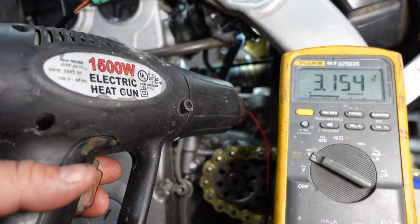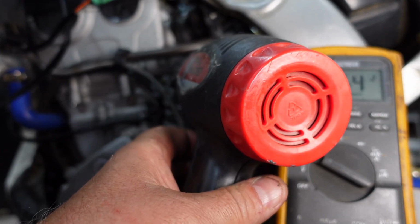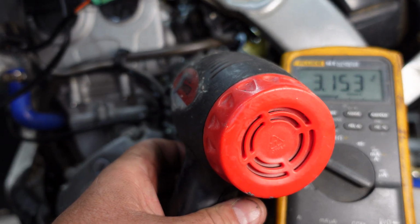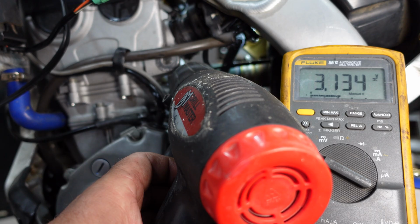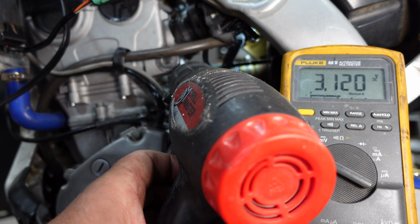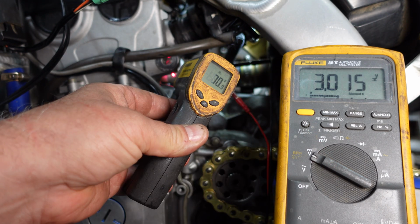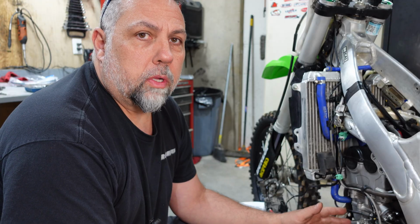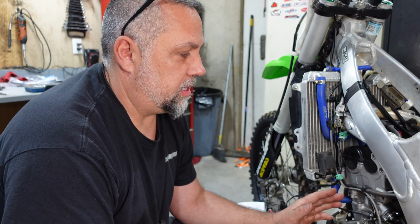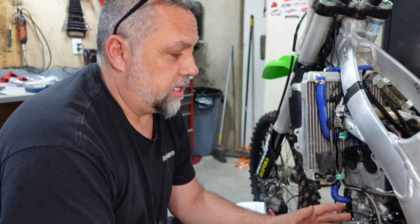With this heat gun, it won't take long. We'll blow right past it, but try to put a little heat on it. You can see our resistance value is falling. So we're getting about 71 now, and we're still high. So what's happening is I have to heat this water temperature sensor to about 80 degrees before it's in spec